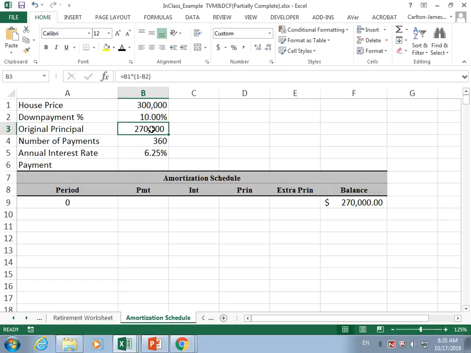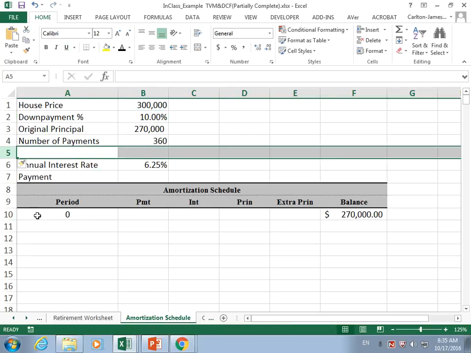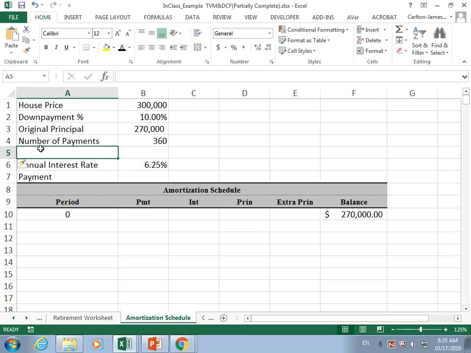That way, if we change the 10% to, say, 11%, we don't have to worry about changing the original down payment. It changes itself, right? And that is a characteristic of good modeling. Having to put the number in once, and we don't have to start searching all over the spreadsheet for where we have to make adjustments simply because we adjusted the down payment. Okay, so here, let's insert this here,